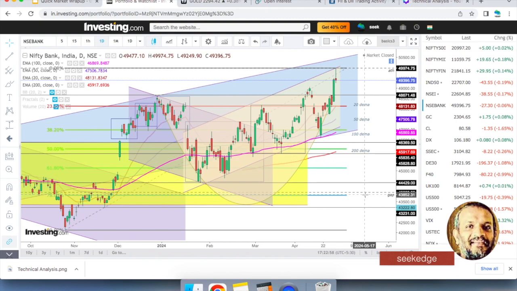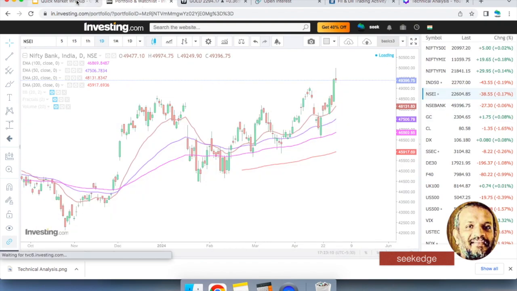The 38 exponential moving average would come in at the same zone of the 47,000 nearby zones. So that's the support and resistance on the indices. Let's get back